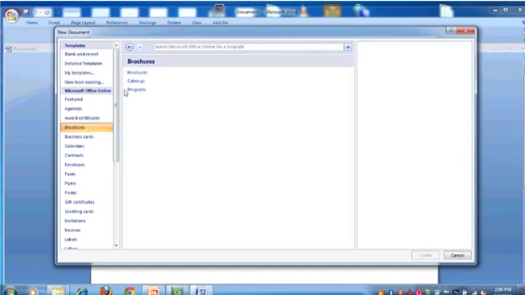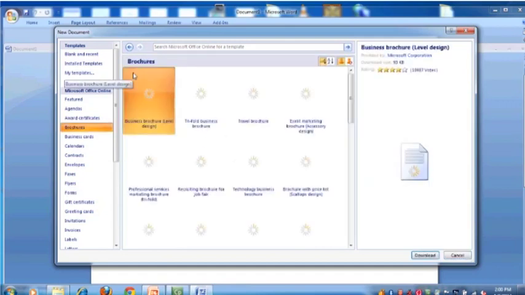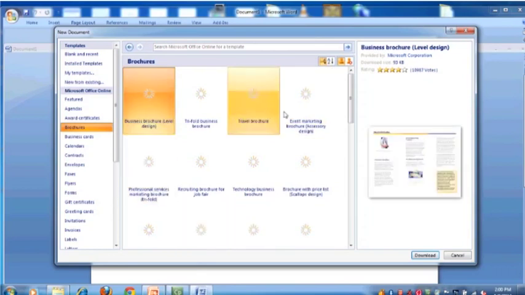Now you have three categories: brochures, catalogs, and programs that you can make for your presentation. Now click on the brochures. You would be getting a lot of online templates for making brochures that add variety to the brochures you can use in your presentation.